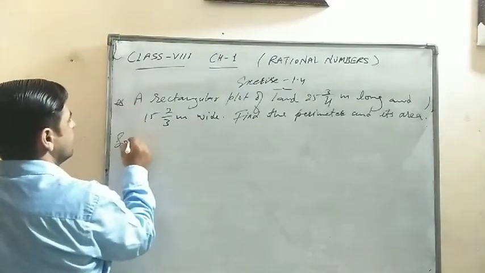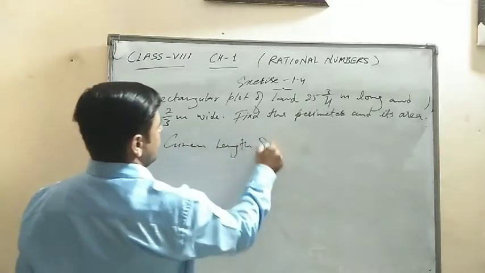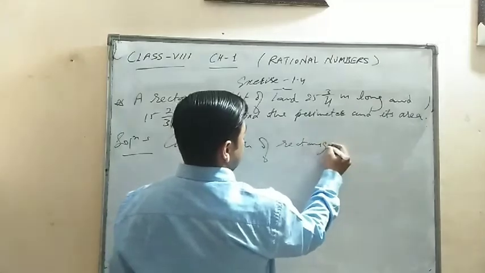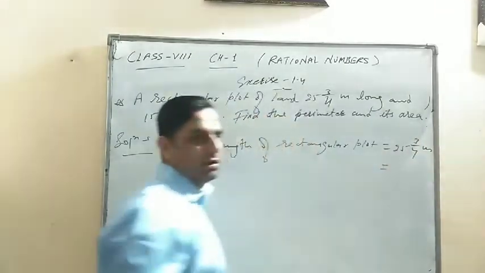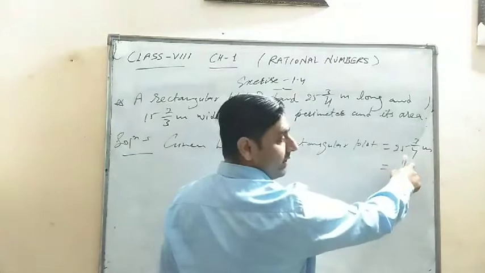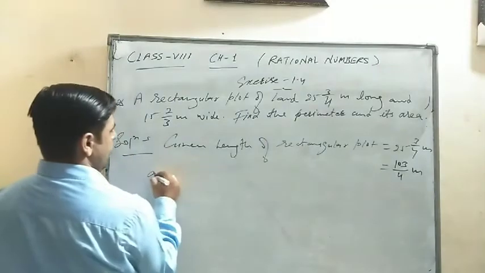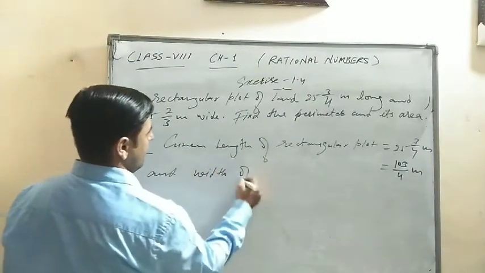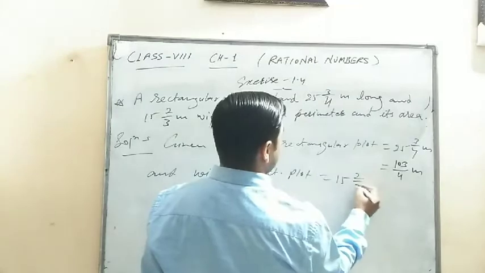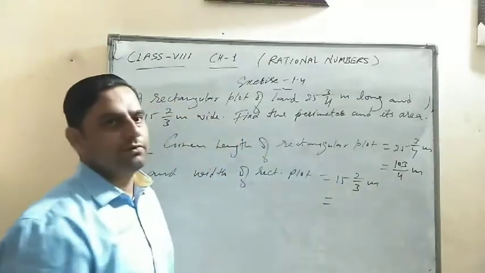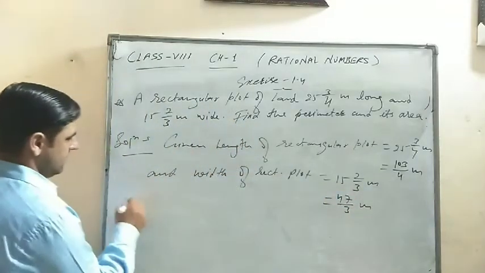So its solution is, given the length of the rectangular plot is 25 whole 3/4 meter, its meaning is 25 4 is 100, 100 plus 3 is 103 upon 4 meter, and the width of the rectangular plot is 15 whole 2/3 meter, its meaning is 15 3 is 45 plus 2 is 47 upon 3 meters. So now